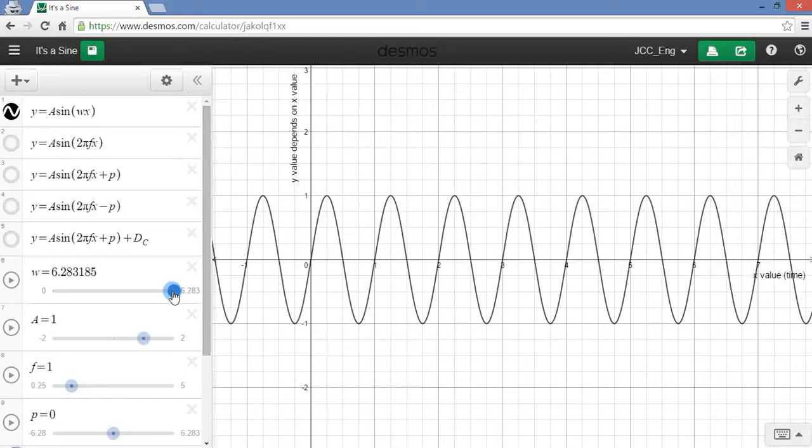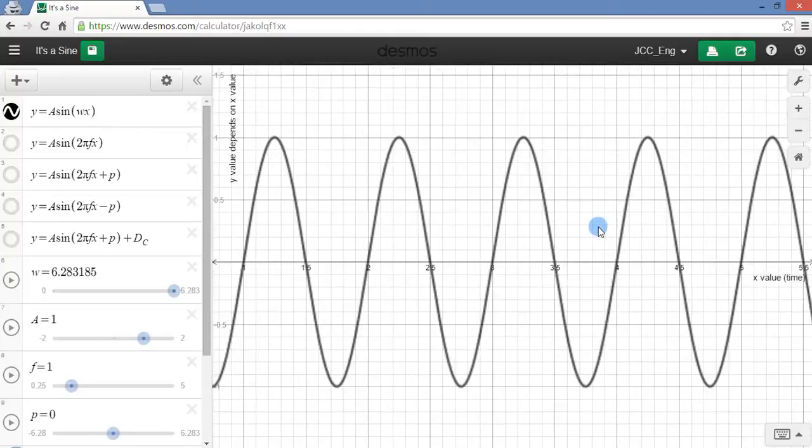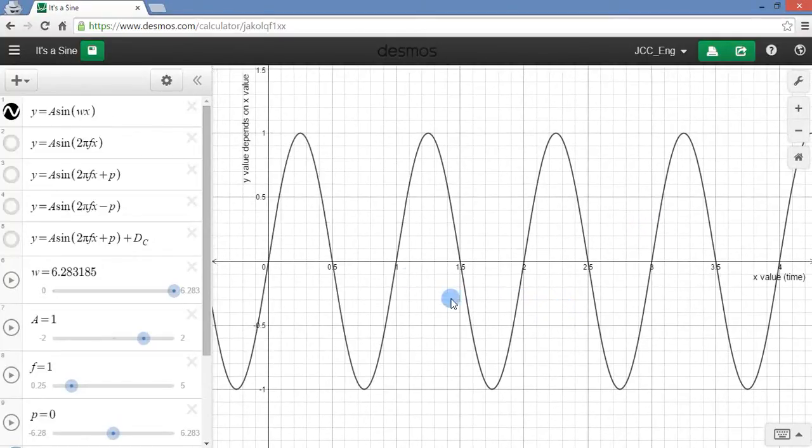Because omega is 2 pi f, and here we've got omega is 2 pi, that means the frequency must be 2 pi over 2 pi, because if omega is equal to 2 pi, but it's also equal to 2 pi f, f must be 1. So the frequency is 1, so therefore 1 over 1, the period, 1 over f, is still 1. So this kind of proves that when your frequency is 1 hertz, your period from there to there is 1 second, and your angular frequency, omega, is 2 pi